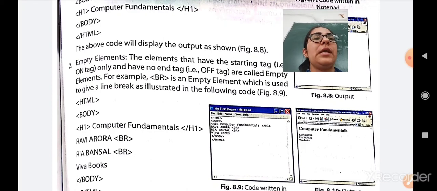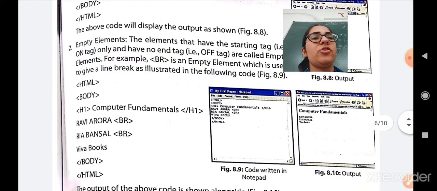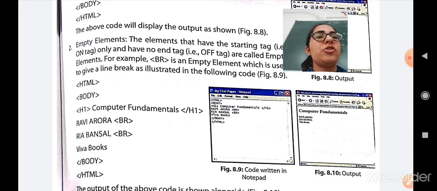So you can see it is illustrated in the following code, starting with HTML, body, H1, computer fundamentals, Ravi Arora, and then BR. It means after that the line will break. And in the next line it will be written Riya Bhansal. Again BR. Now Viva Books will be written in the third line, closing the body tag and closing the HTML tag.